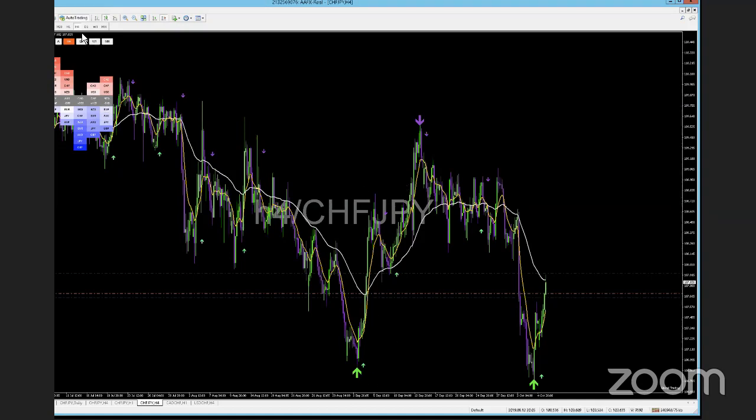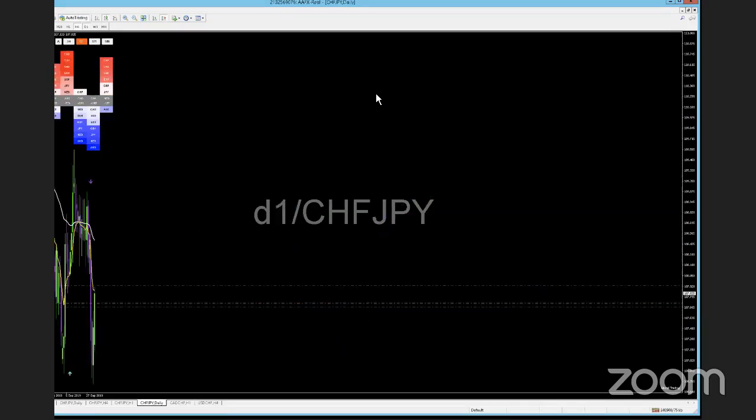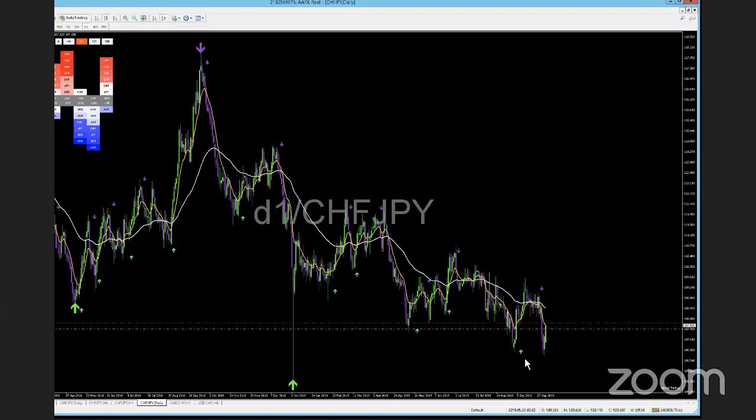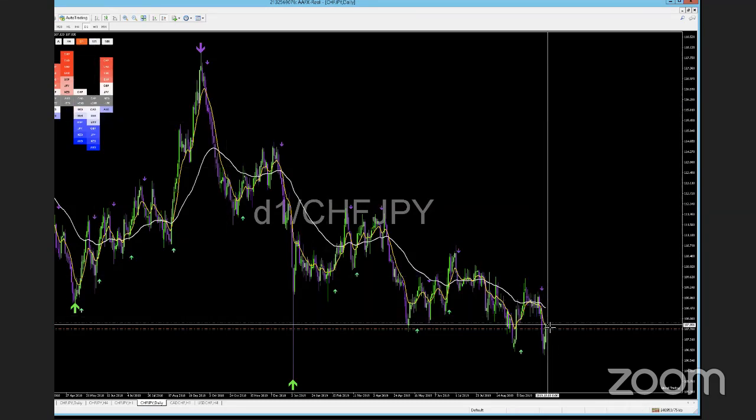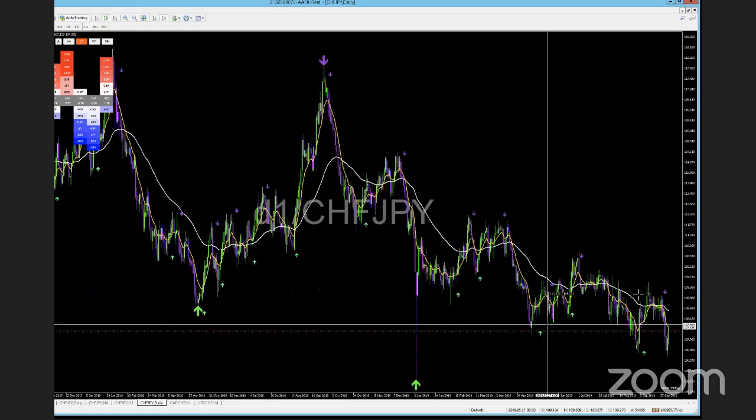But notice how on a cleaner chart, we see a perfect double bottom. We also see that same double bottom on the day chart. So price has rejected off of this area twice. What I'm looking to see happen is, because that definitely counts as an indication of a turnaround, even if we only come back to test previous,